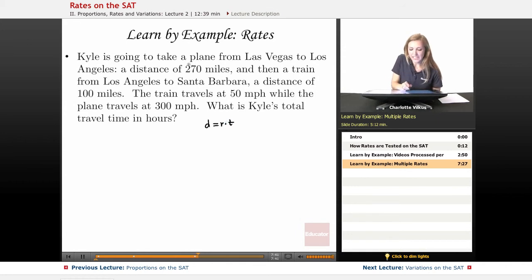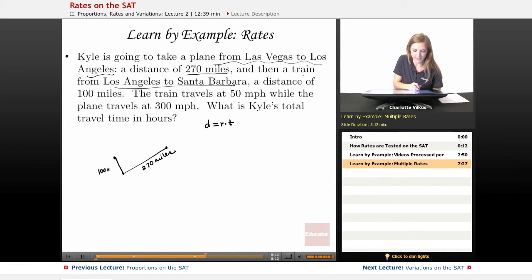So here we have Kyle, and he's taking a plane from Las Vegas to Los Angeles, which is a distance of 270 miles. And then from there, he's going to take a train, which goes from Los Angeles to Santa Barbara, and that's a distance of 100 miles. So basically, he's going from Vegas down to Los Angeles, and then up the coast to Santa Barbara. And he's got 270 miles here